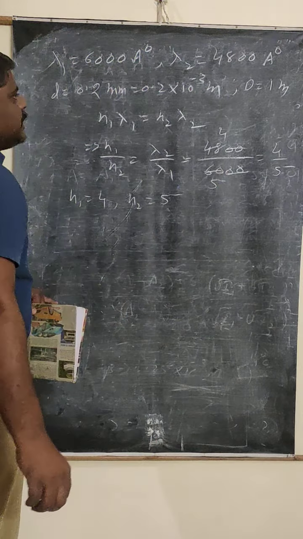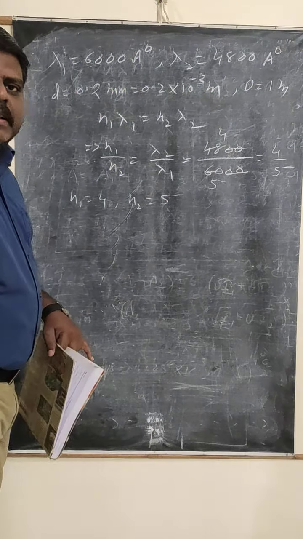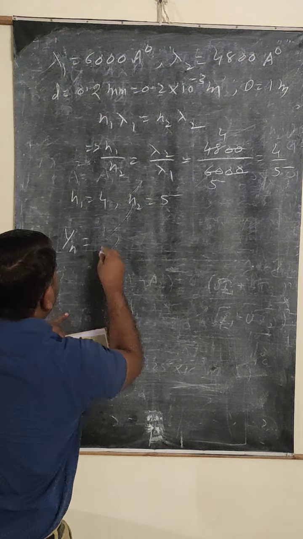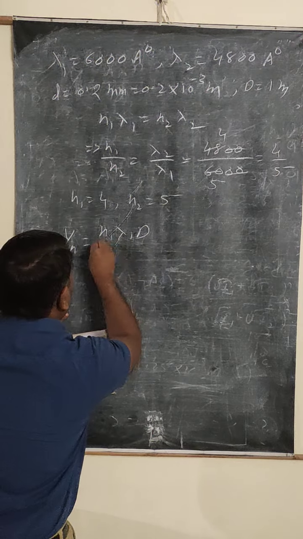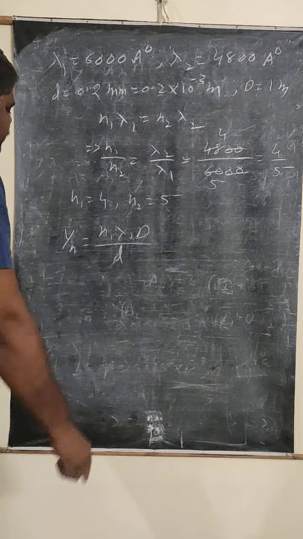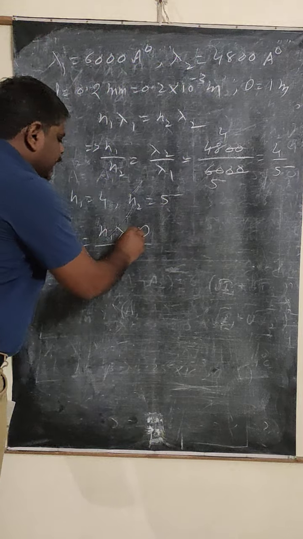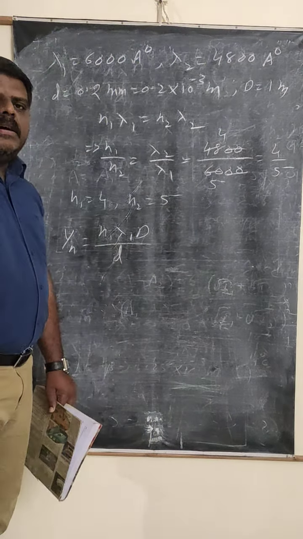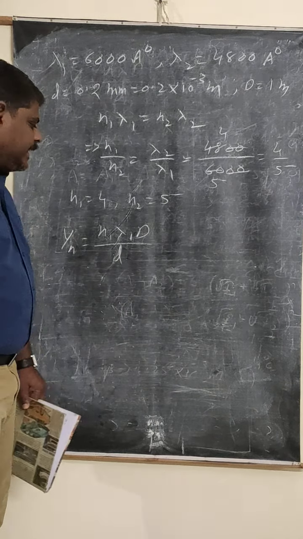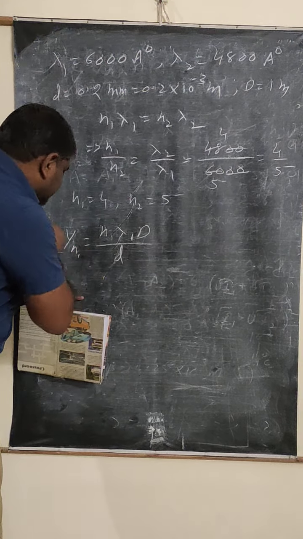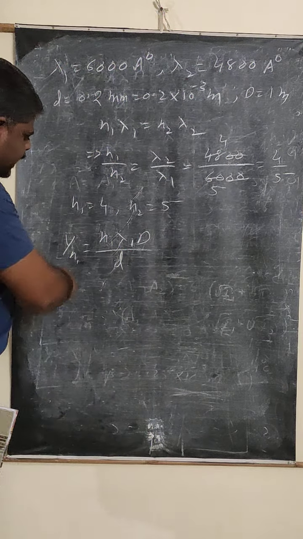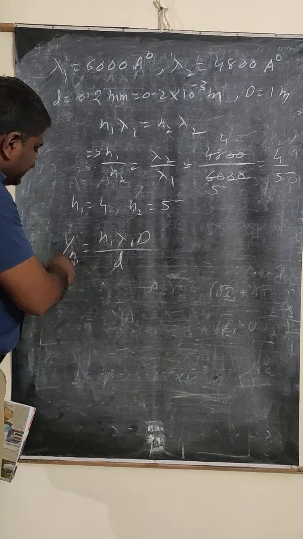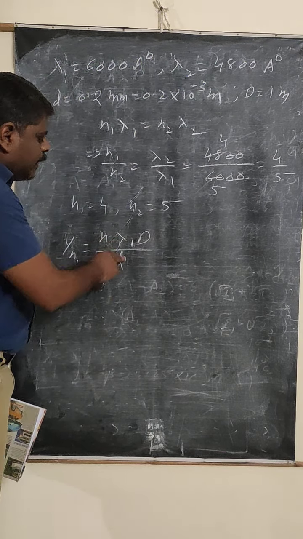And write down the formula, the distance of the nth bright band. The distance of the nth bright band Yn is equal to N1 lambda 1 into capital D by small d. This is the distance of the nth band where the bands are going to coincide. So you can write y N1 is equal to N1 lambda 1 capital D by small d. If you want to use the second one, then y N2 is equal to N2 lambda 2 into capital D by small d.